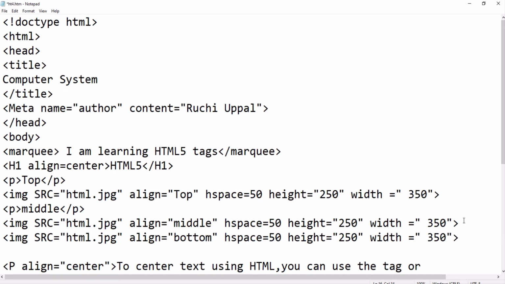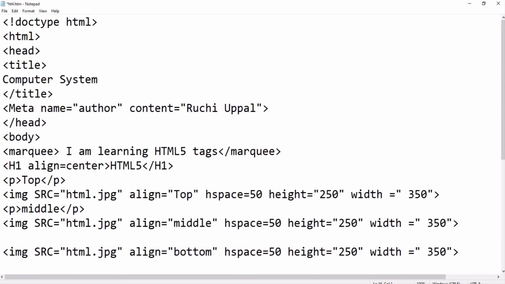I will simply write here bottom so that it will be more clear to you. Let's save and check what is happening to the image. F5.